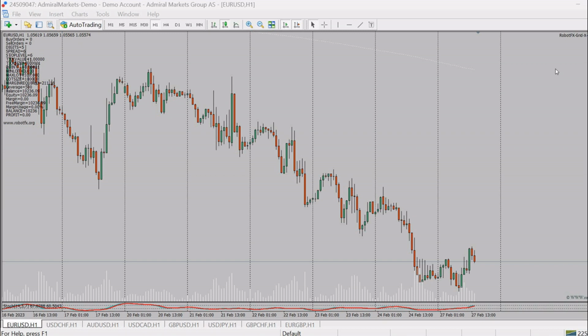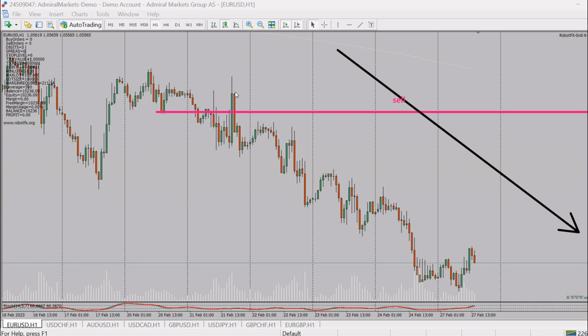Now, basically in a nutshell, trading with the grid means that you have to open multiple trades in the direction of the price if the price goes in your favor and if your previous trades are positive. So let's take this chart for example. We have a downtrend. I think it's quite obvious. So the price is going down. We should focus on selling. Assuming that we have opened this trade right here, this pinkish line,